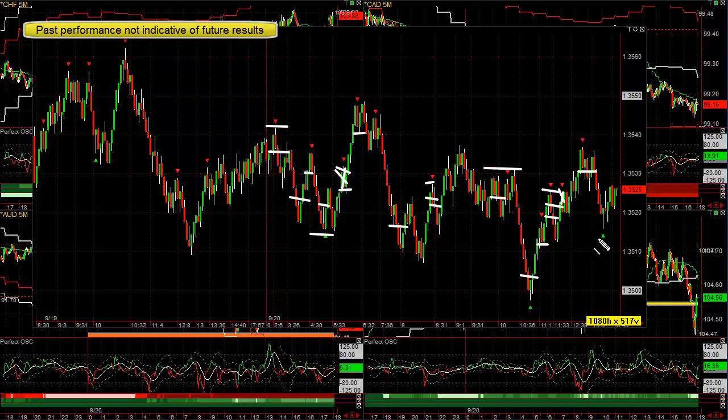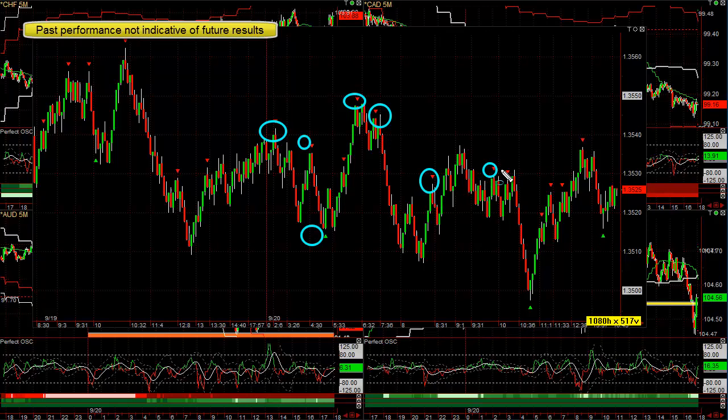You made money on this one, and then this is obviously after 12 o'clock on Friday. You don't really want to trade too much, but you can see the majority of the trades worked. Let me circle the ones that would have resulted in some profit today. And this is also excellent for scalpers. So you can see of all those trades, every one except 1, 2, and 3 resulted in the possibility of some profit. And most of the trades that failed,